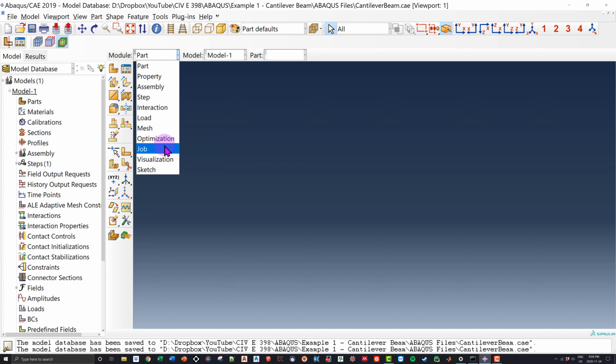By the time we reach the job module, we should be good to go to submit our analysis. So as we can see, by default, ABAQUS starts us in the part module. Now, what the part module is, this is where we create the parts of our model. It's kind of hard to tell because we're only dealing with one beam, but many models, of course, have